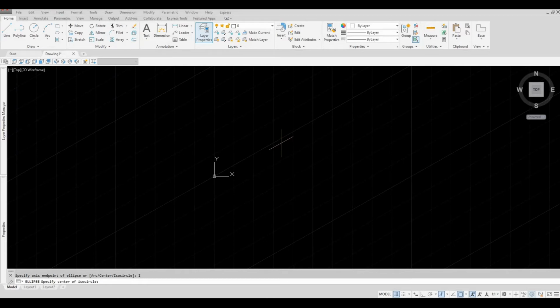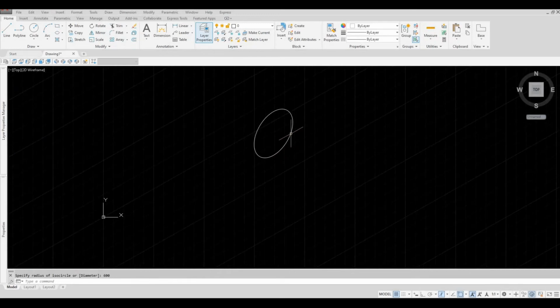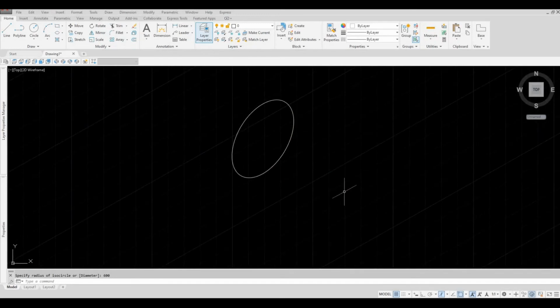Once you click the ISO circle, you can now click on the space, and you could either select radius or diameter. So radius is the default, so I'm gonna add 600. So the radius now is on ISO